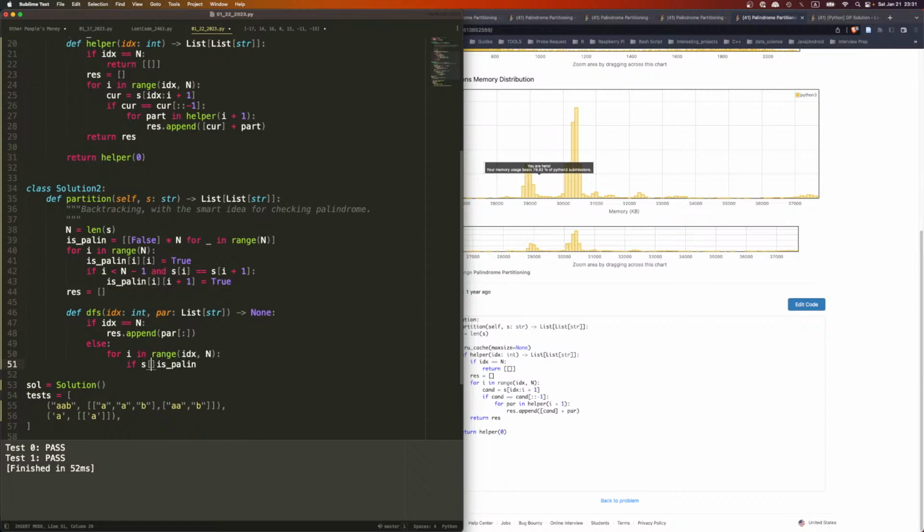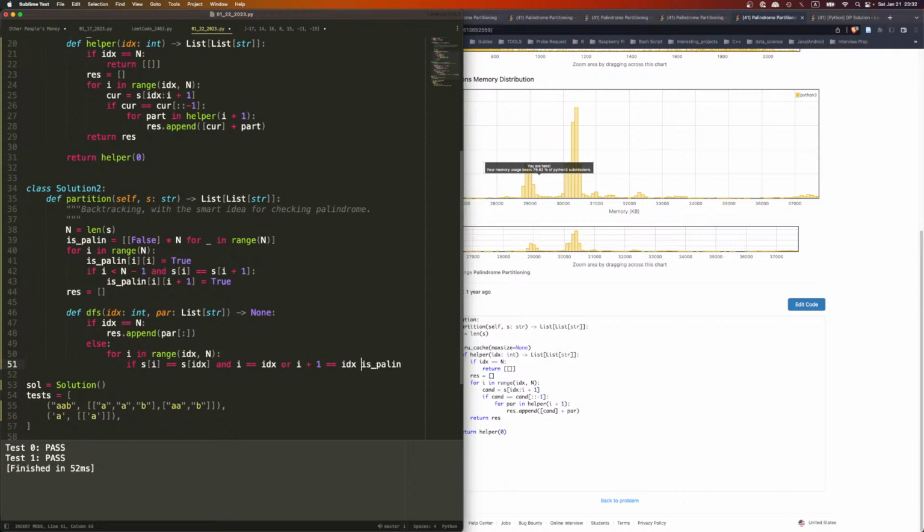If s[i plus 1], no, hold on, i plus 1, if s[i] is equal to s[index], if it's two same, and either i is equal to index, or i plus 1 is equal to index,